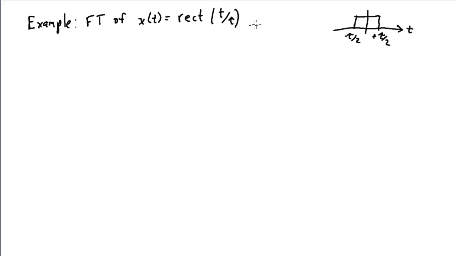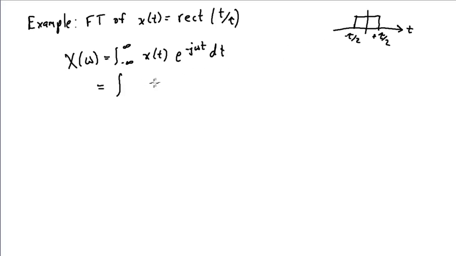That will help you to remember that it goes from minus tau over 2 to tau over 2. And then the Fourier transform of this function we can evaluate directly from the definition of the Fourier transform, the integral from minus infinity to infinity of x of t e to the minus j omega t dt, or in this case, since this is only non-zero between minus tau over 2 and tau over 2, and it's 1 within this region,